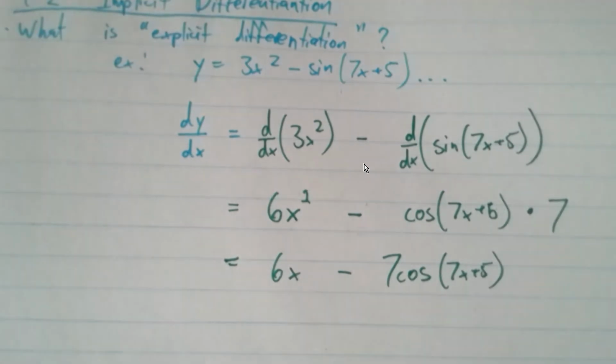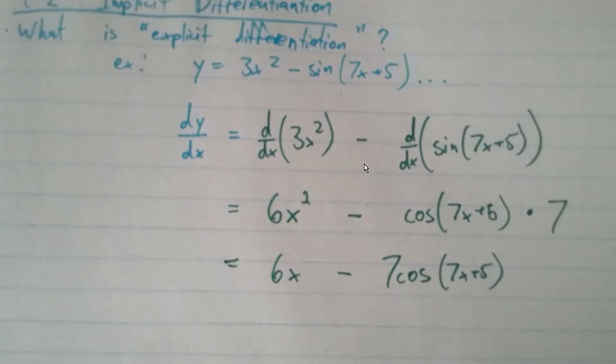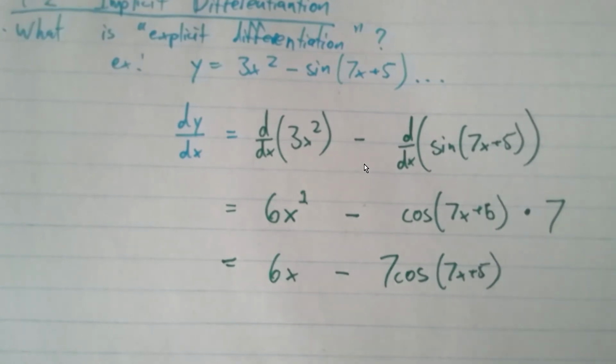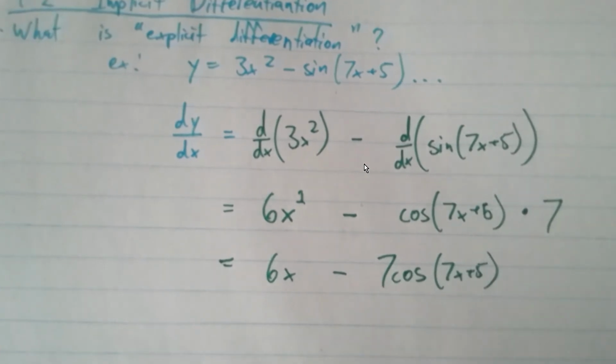You got to be really attentive to one detail. We all know that the derivative of sine of whatever is in there as the input is cosine, and then you leave the input the same way. But ask yourself, can you actually take the derivative of 7x plus 5? If you can, we do what's called a chain rule. The best way to describe it is there's an outer function, the sine of whatever's in there. You could take the derivative of that. But whatever's on the inside, if you could take the derivative of it,